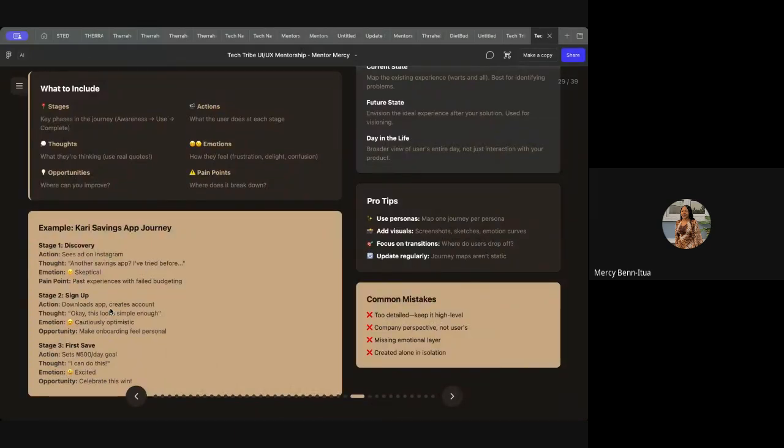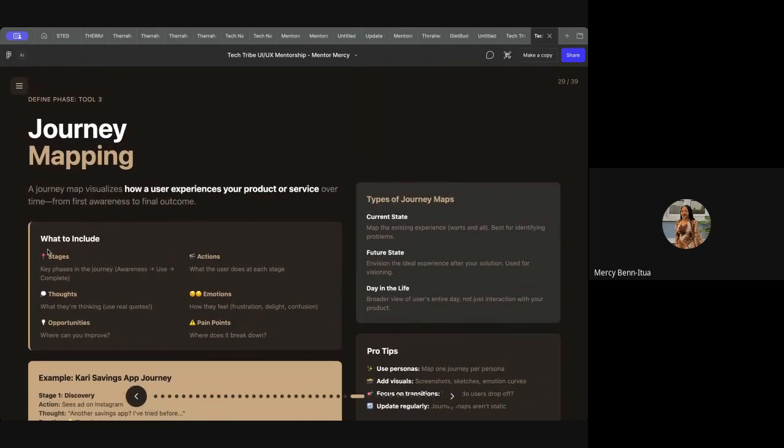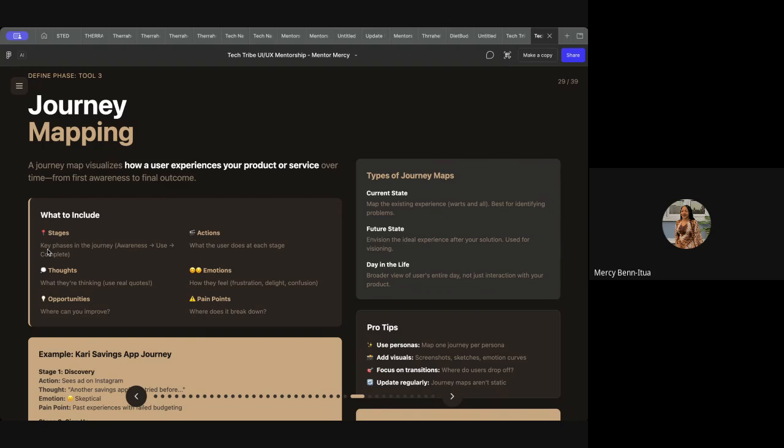Do you understand? So those are the stages, and under them, you need to look for action, thoughts, emotion, and pain points for each of those stages that your user will be feeling. And the pain point is always where you will see an opportunity, basically, to make that process better for your user. So this is what to consider when creating your journey maps. Moving forward,